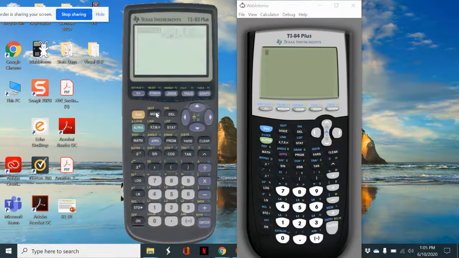My suggestion is keep it set to 2 or to 3. Occasionally, you may want 4 places. So if you're trying to decide whether you have the correct answer for an individual problem, go to mode, set it at 4 if you need it, but 2 or 3 works out fine. In either case,